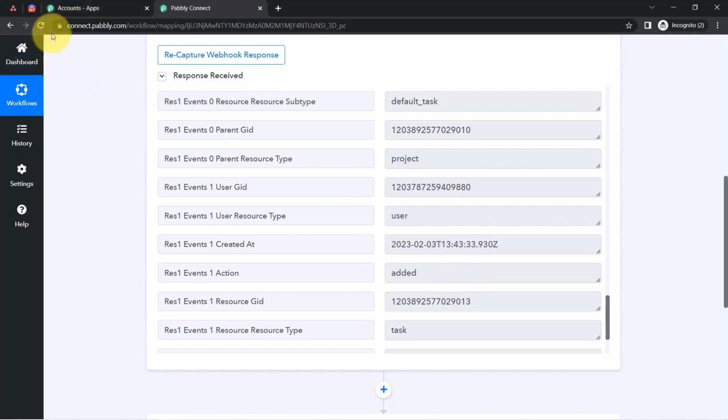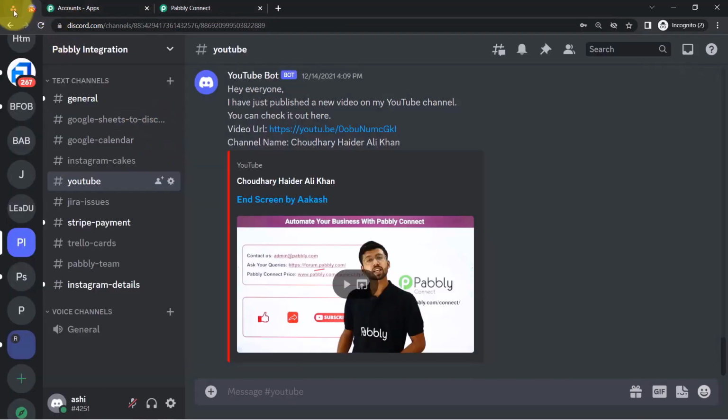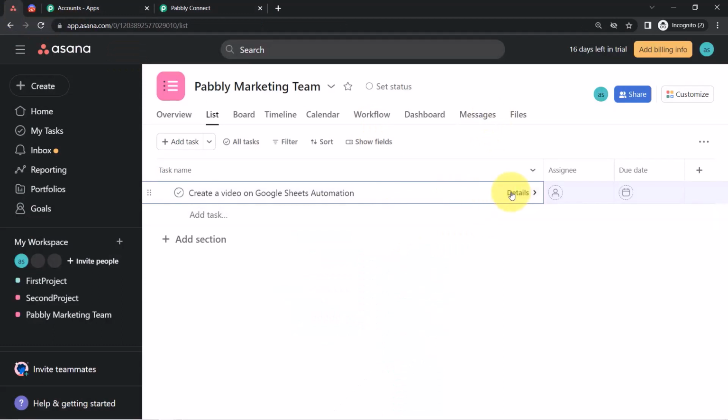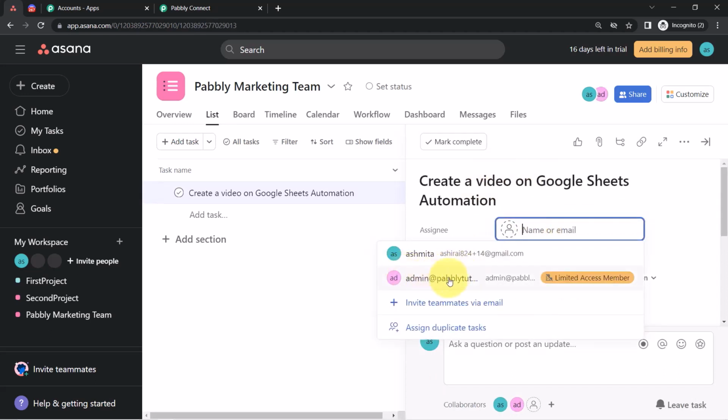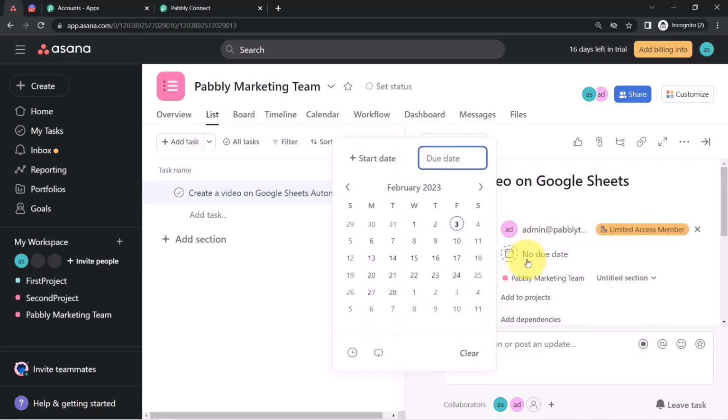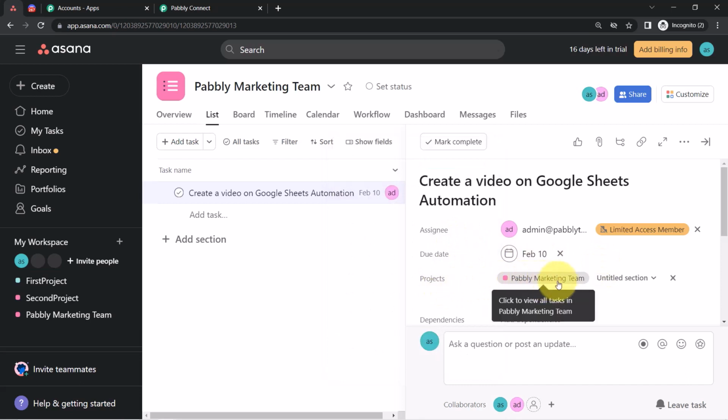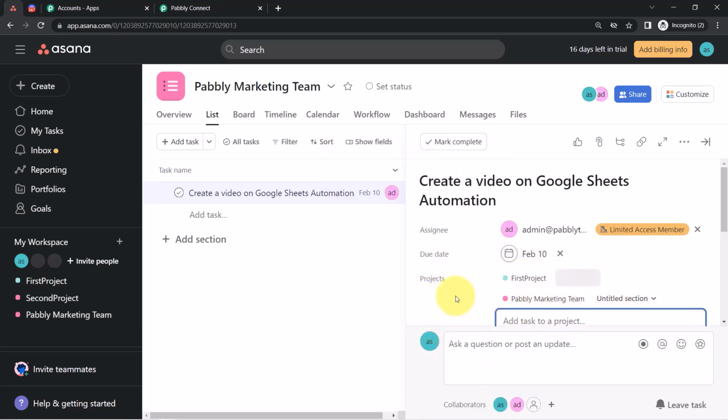Okay, so what I am going to do is, firstly I am going to complete my task details. Okay, so firstly let me click on this detail and provide an assignee here. So I am assigning this particular task to this particular person whose email address is actually admin@pabblytools.com, and let's say I am providing this due date as the 10th of February. The project will be Pabbly marketing, or how about I also add one more project as the first project, and